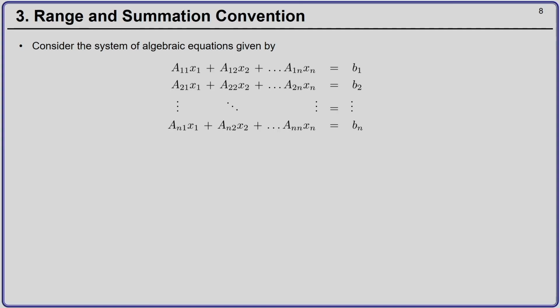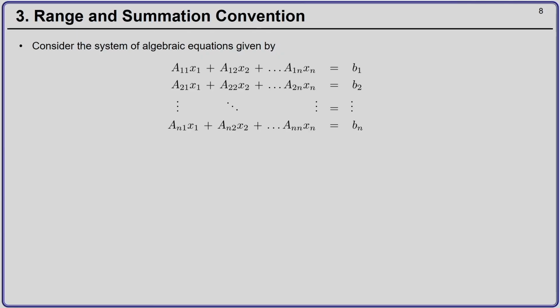Now, we come to what is called the range and summation convention. To study the range and summation convention, it is important that instead of going to theory, we start with an example. This will make you understand better how to write expressions using indicial notation. When you are doing computations and simplifying expressions, you will mostly be writing in indicial notation. Once you have done that, you will transform the indicial notation back to the direct notation.